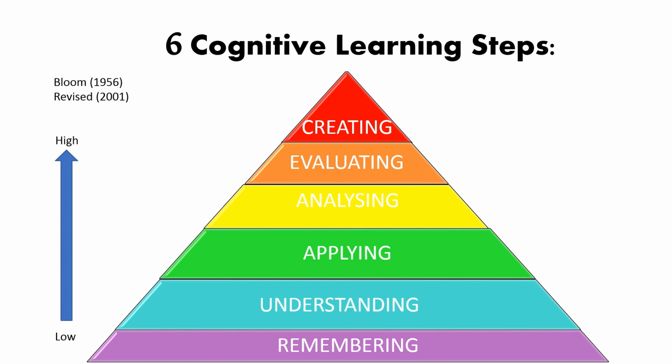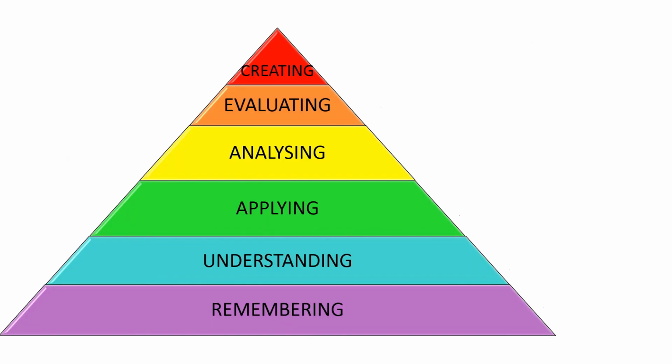So Bloom, an educational psychologist, proposed a model having 6 different levels, and as per him, learning could be structured from easy to difficult steps so that it could be understood in a better way. This model was revised in 2001, and what you see here in the pyramid is there are 6 different steps: remembering, understanding, applying, analyzing, evaluating and creating, where remembering is the lowest step and creating would be the highest step. Let us understand in detail what each of these steps mean.